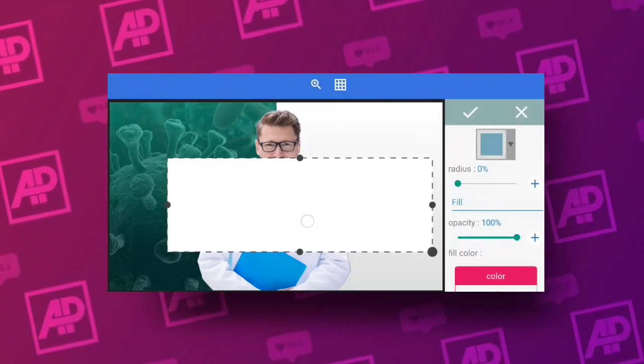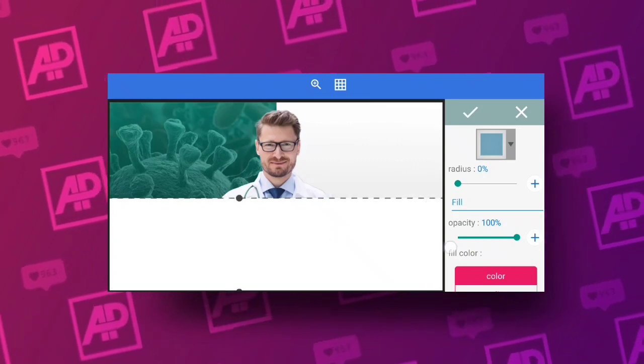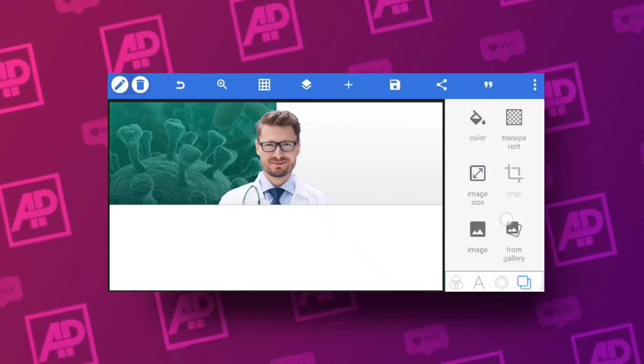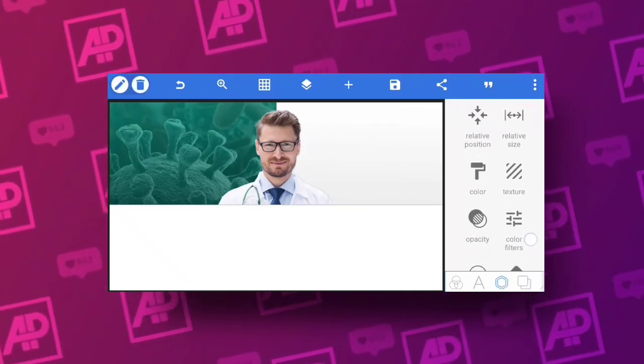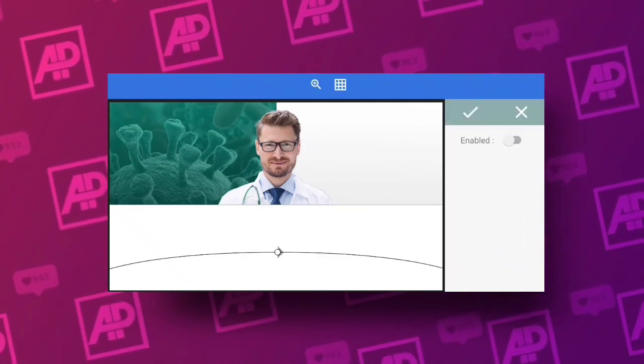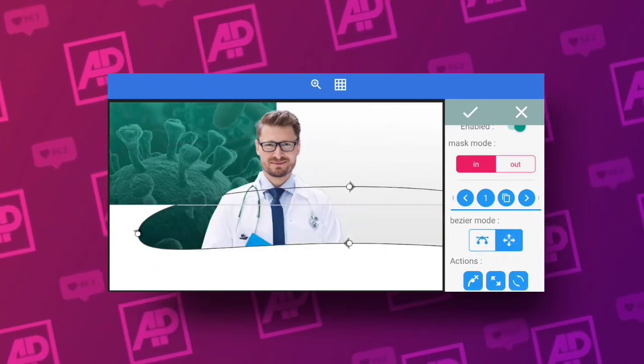So coming back to the video, once I place that image, I'm going to add one more layer, which will be the rectangular layer. Now this is the layer that I'm going to be using to create that wavy effect that you just saw at the start of the video. So this wavy effect, I'm going to be using this